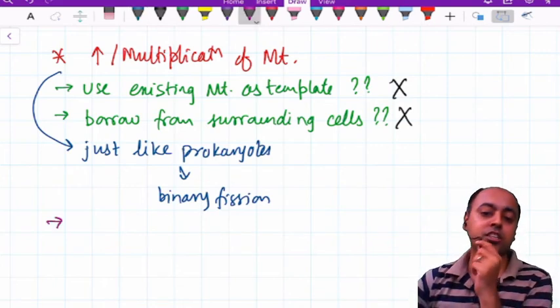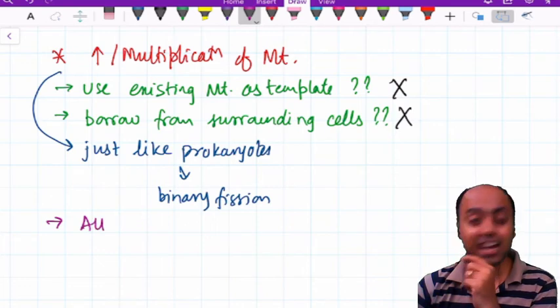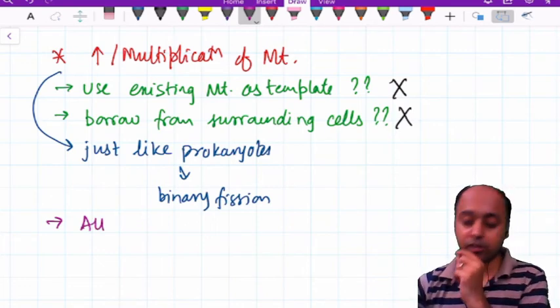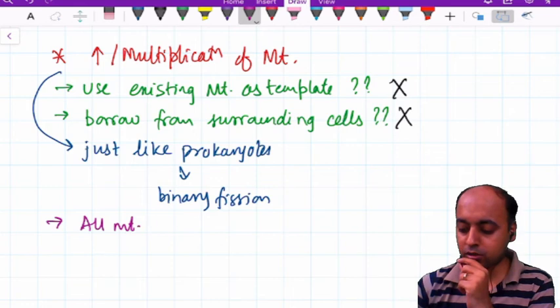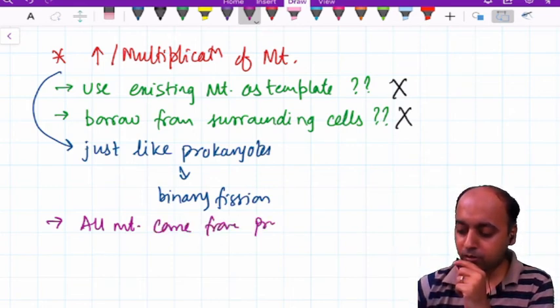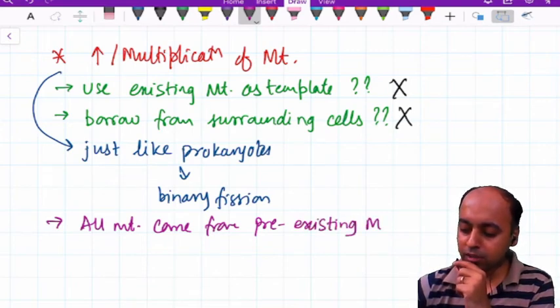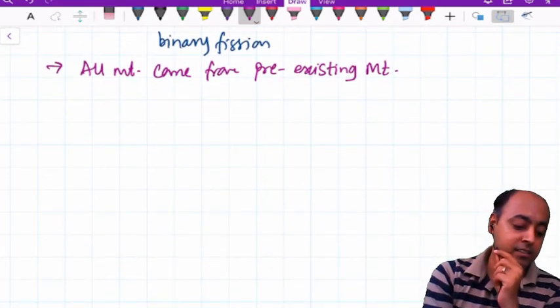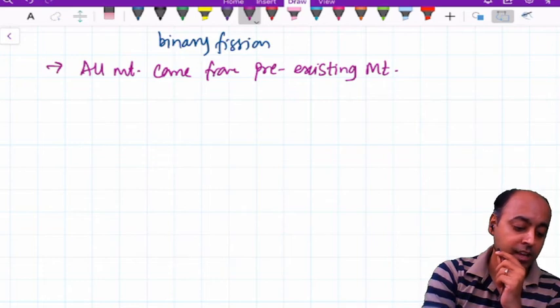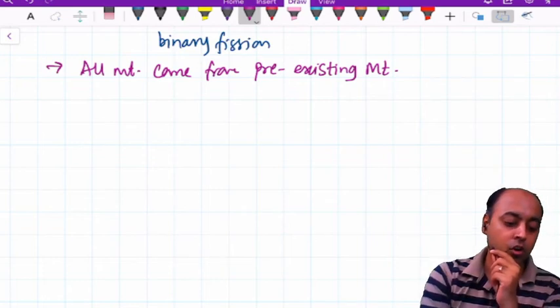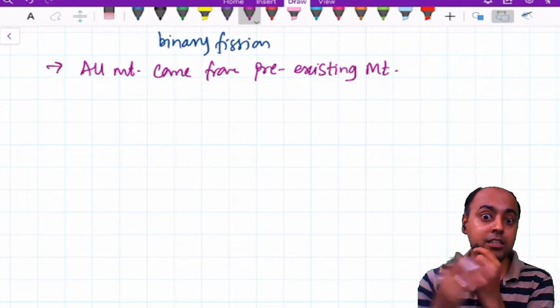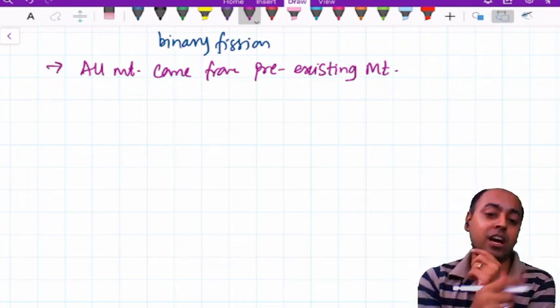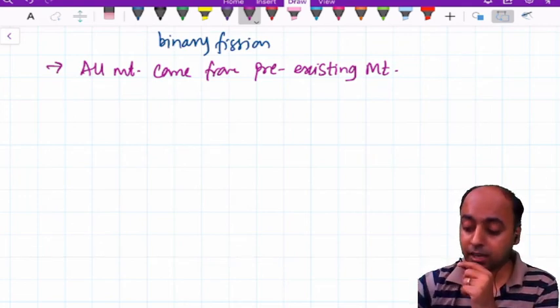Because it is coming from binary fission, you cannot have brand new, de novo mitochondria. So all mitochondria will come from pre-existing mitochondria. What this implies is that if the initial mitochondria has some defect, all the other subsequent downstream mitochondria are going to have the same defect. And the second question is,